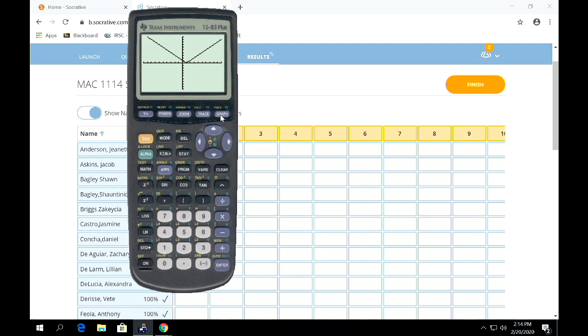What did you do for that? I went into, to feed it into for y is equal to, you just go math key. And then over to number